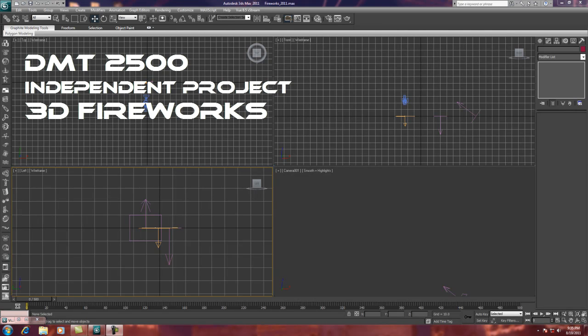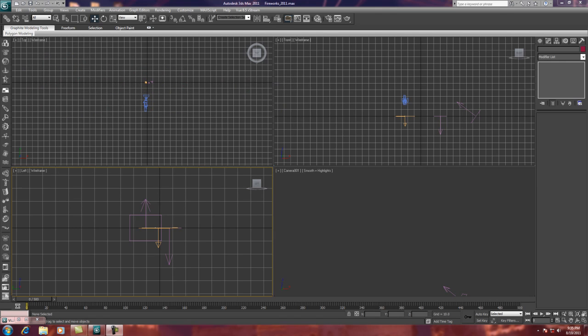In this independent lesson, we're going to learn how to use particle view to take a particle flow and turn it into a series of exploding particles to make the illusion of fireworks. We use a little bit of gravity, wind, alter some materials, use video post, and pretty much in Max, what you're going to see when I hit play